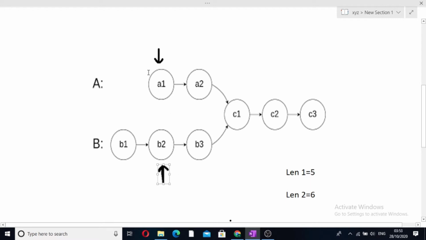Now this pointer is pointing to the head of the linked list, and this pointer is pointing to the node which is at a difference of one node from the head of the B linked list.